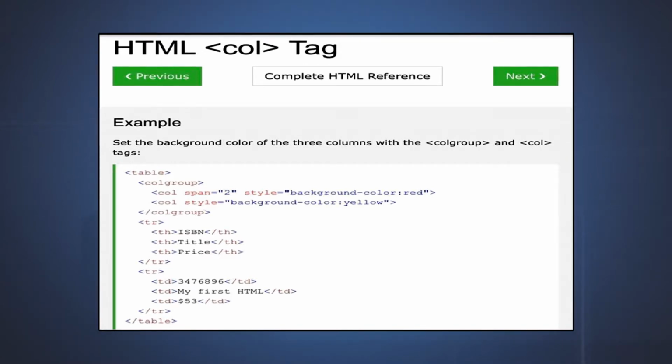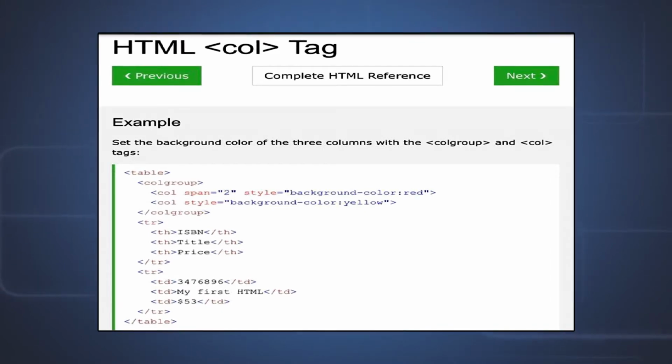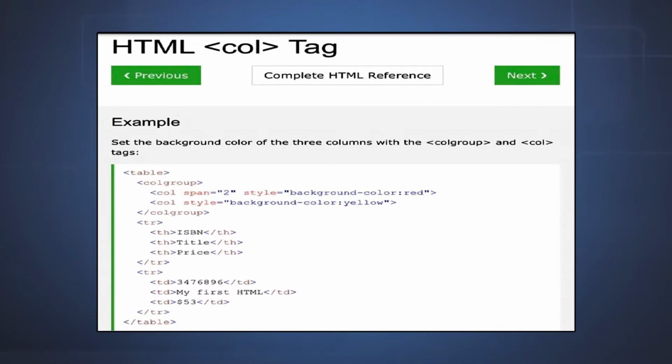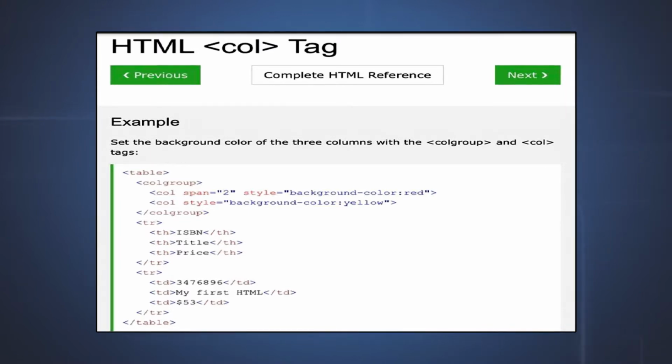we can group them. When we group them, we use the COLGROUP tag, and again for each column we can use the COL tag. So here if table is the topmost tag or the outermost tag, then the entire set of tags will come in between the table starting and ending tag. Then there are several nested tags in it.